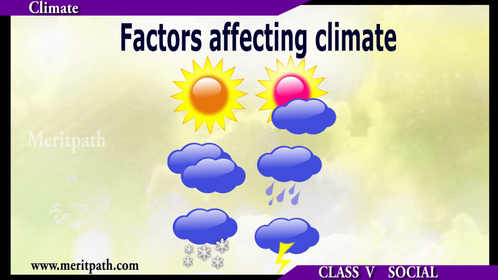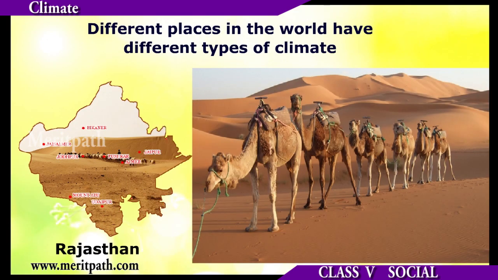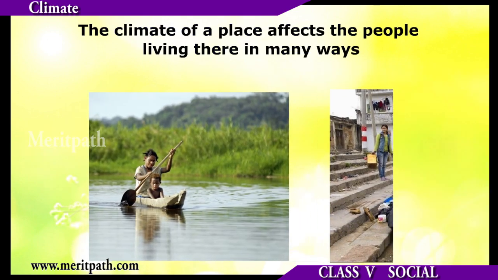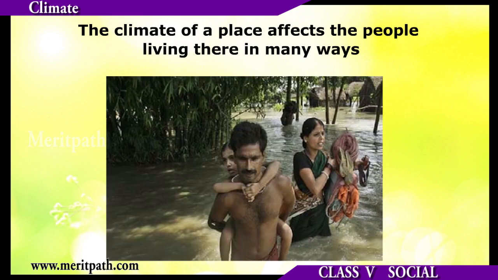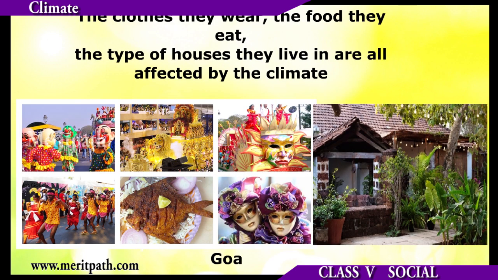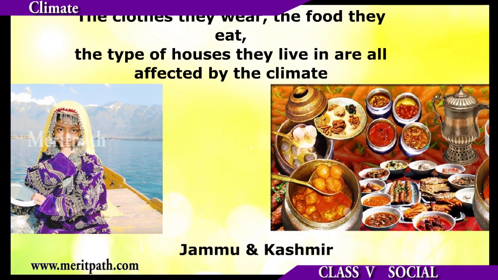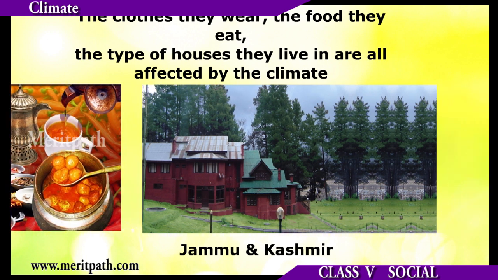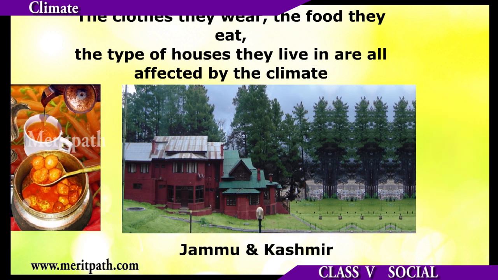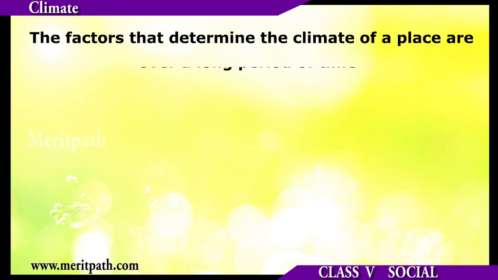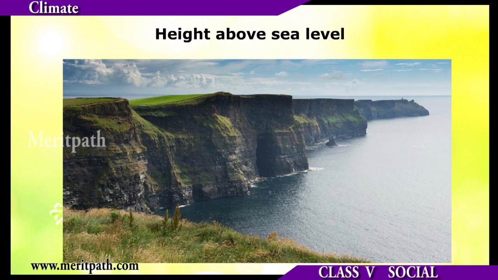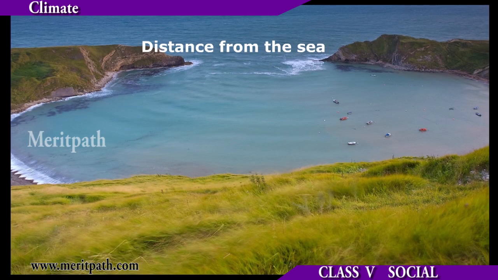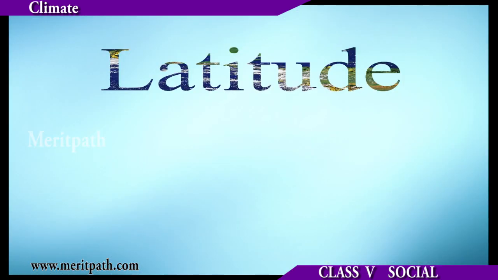Factors affecting climate. Different places in the world have different types of climate. The climate of a place affects the people living there in many ways. The clothes they wear, the food they eat, the type of houses they live in are all affected by the climate. The factors that determine the climate of a place are distance from the equator, height above sea level, distance from the sea,